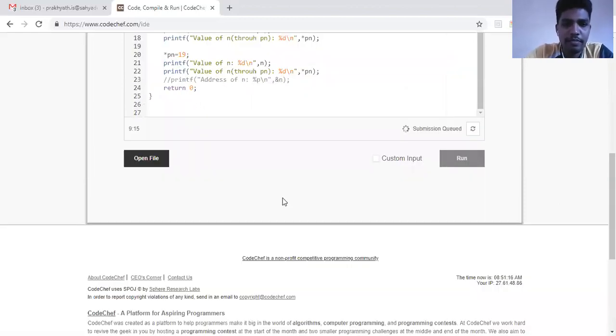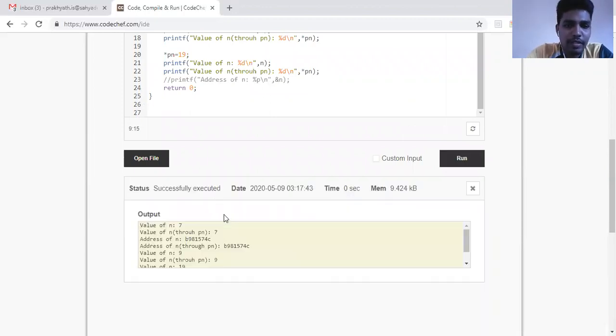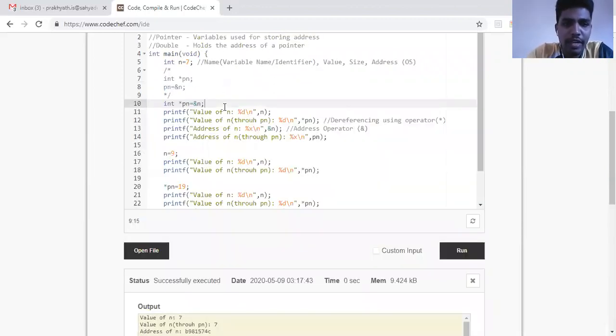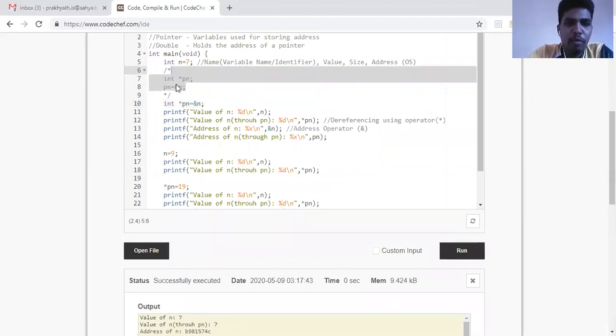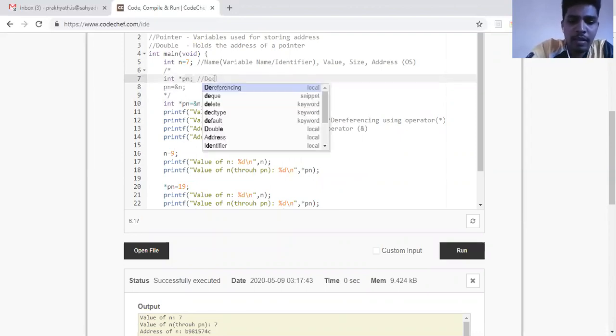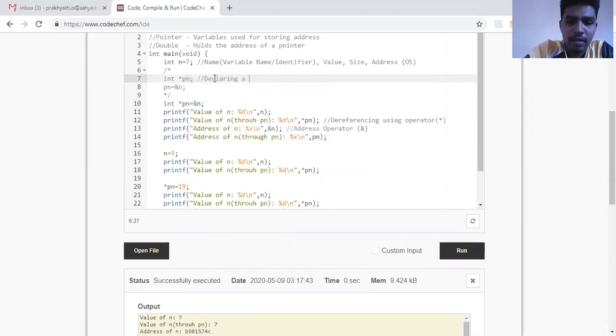There is no change. All the code which we have done is getting executed. So I can do it in a single line, or I can do it in 2 lines: declaring a pointer and initializing. This process is called declaring a pointer, and this process is called initializing a pointer.